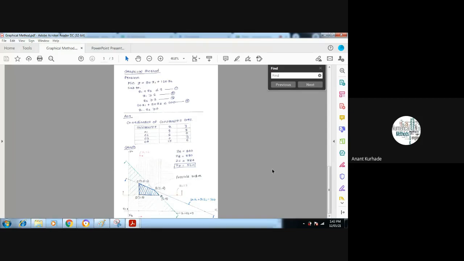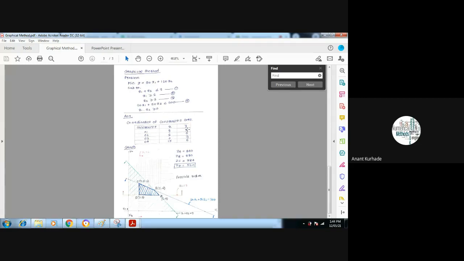Yes, sir. Now see, you can see this green color line. See this cursor. This green color line means this line is with constant x1 plus x2 is equal to 9. So here 9, here also 9. Again, see here you can have maximum value on x is 15, maximum value on y is 9.